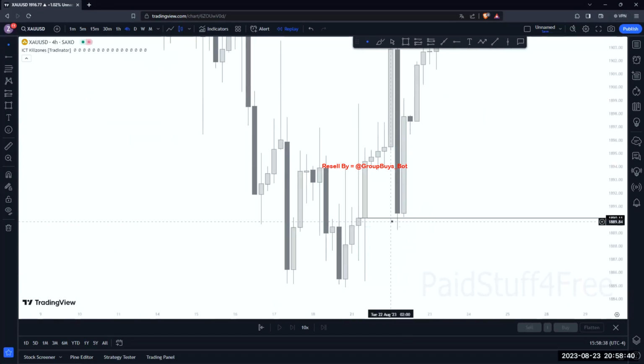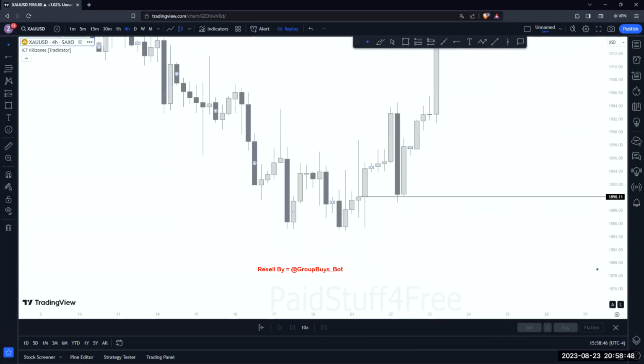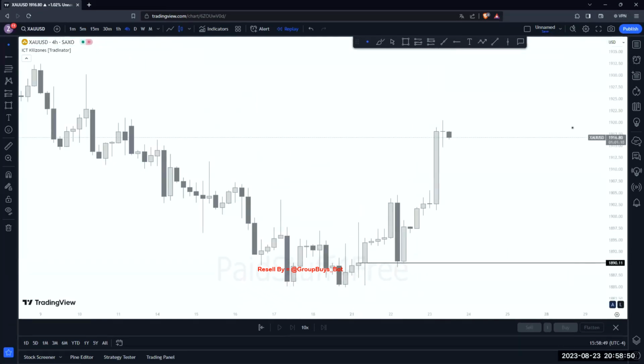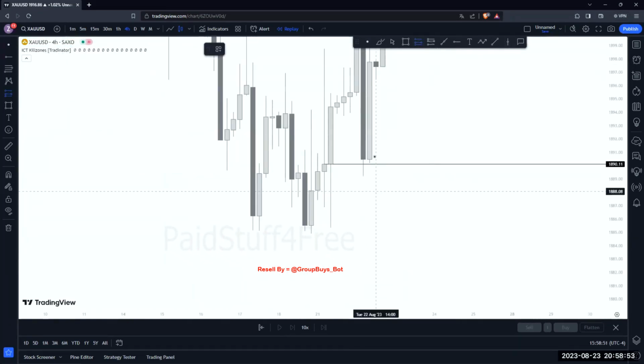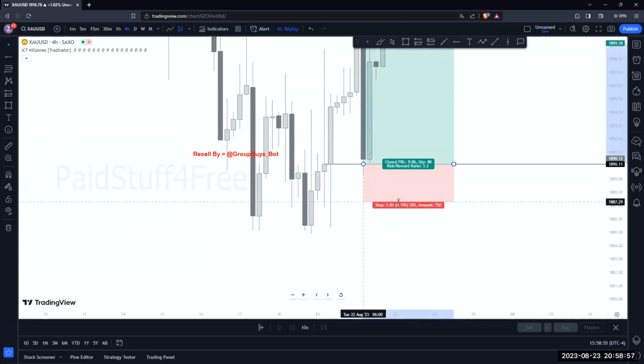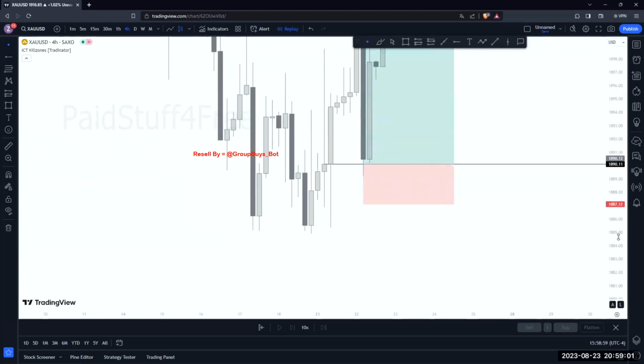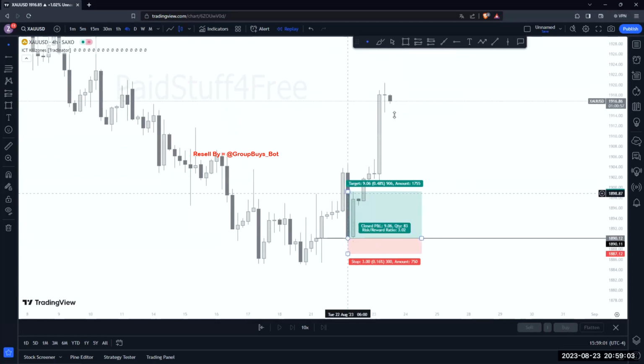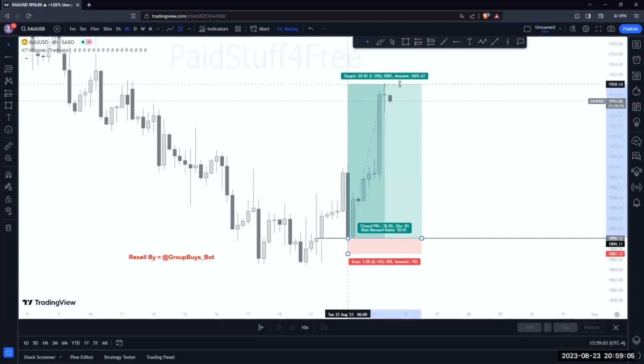And that's where we are going to place a limit order with a big stop loss. You see, once it broke here, I put my limit. So what's the stop loss size? 30 pips, which is 300 points. So you're going to put the buy here. You can put 25 pips once you get comfortable with this. And this one gave us basically 300 pips. And I'm still holding one here,